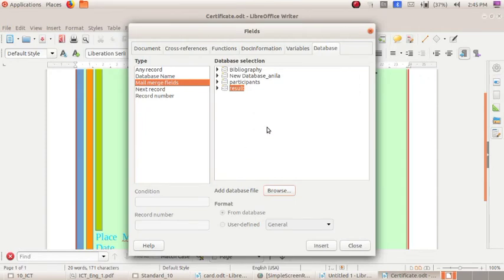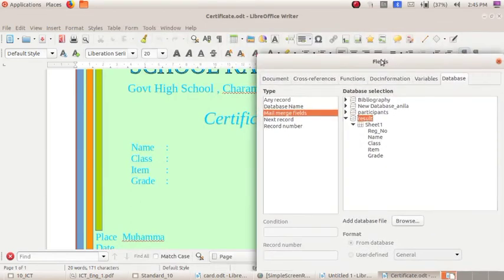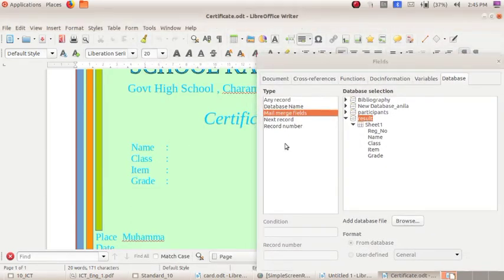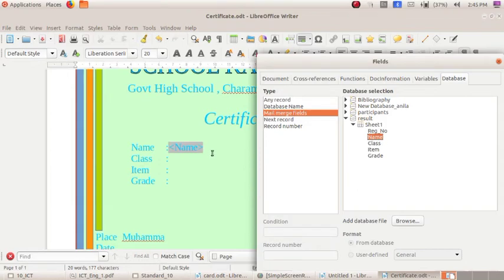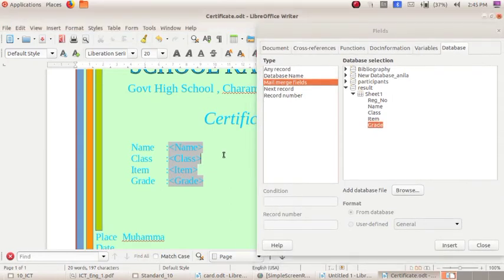Here it is. Sheet 1. So what all items we need? Yes, name. Place the cursor, then insert name, then class, insert class, item, grade. After inserting all those things, you can check the certificate.